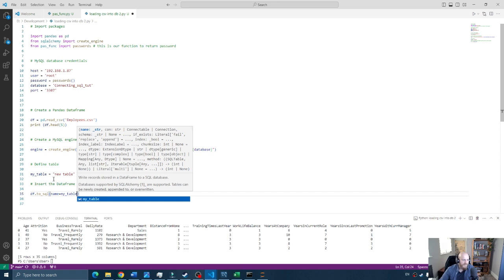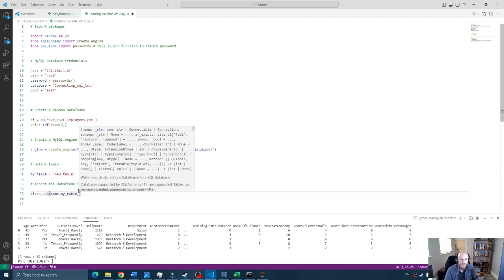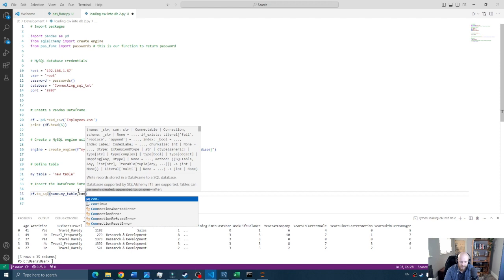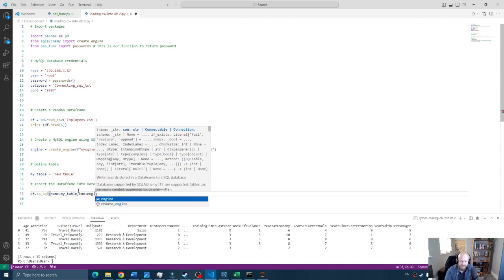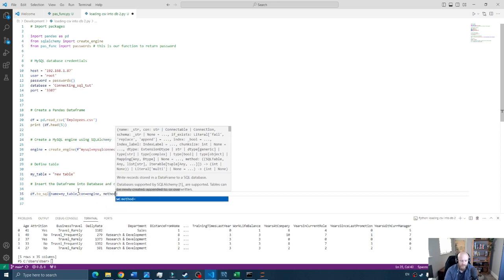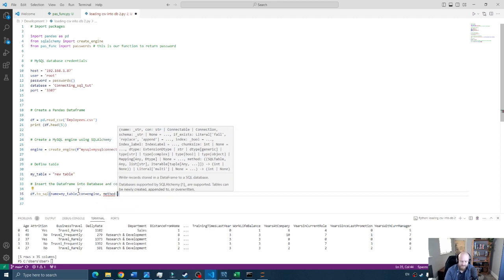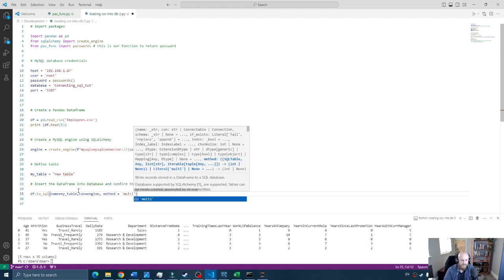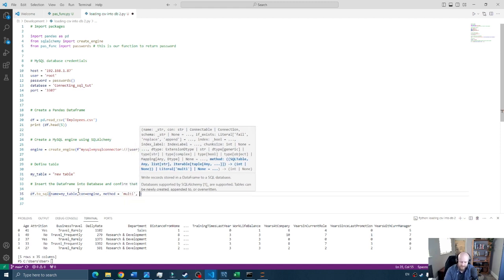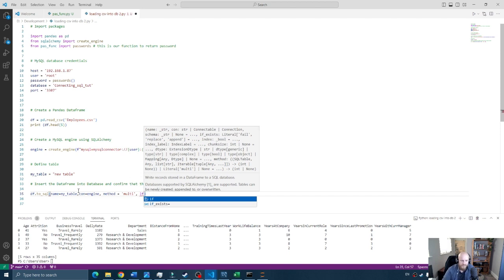I define that here. Then we are going to say connection is my engine. I will state method. This is optional. I'll state multi. And if_exists,